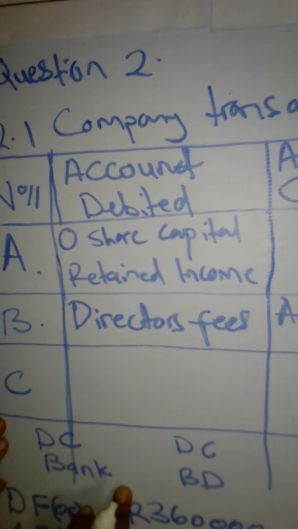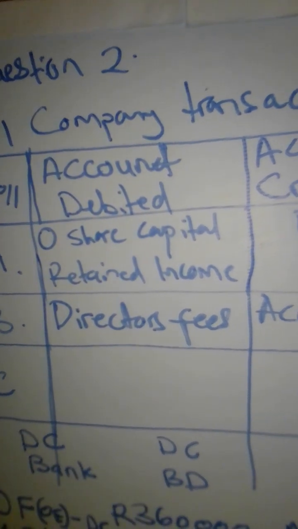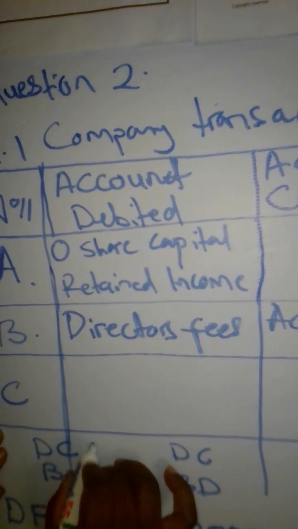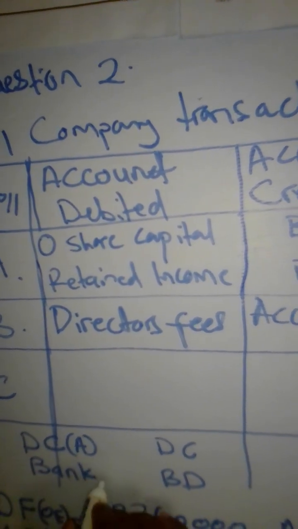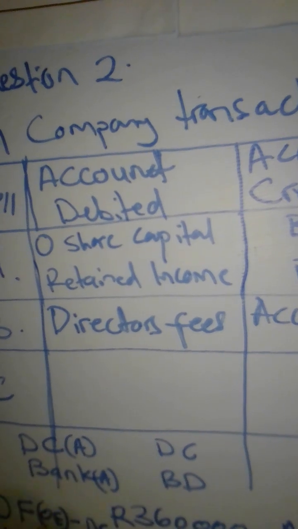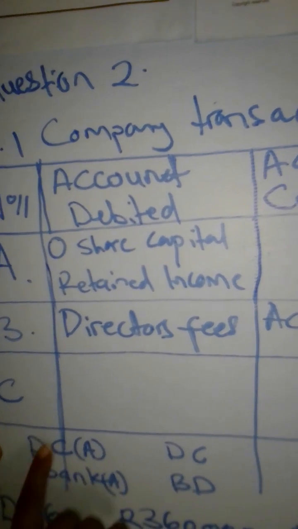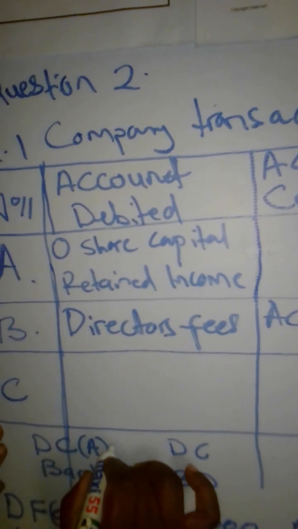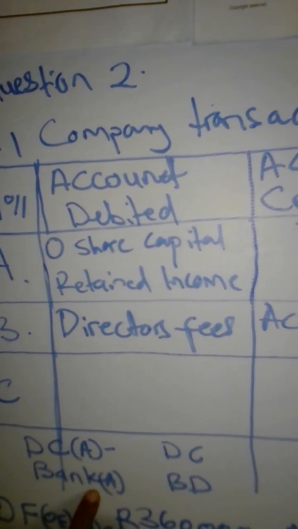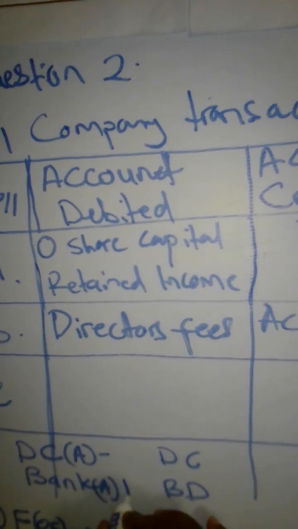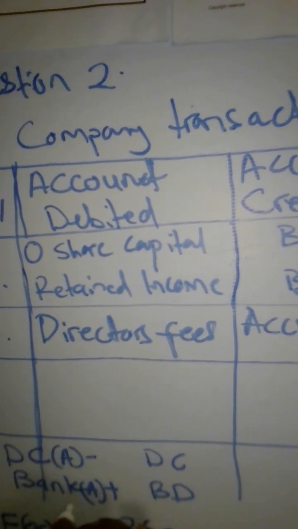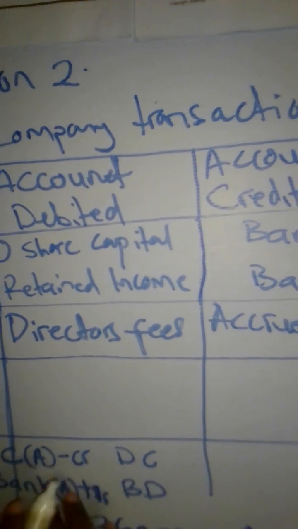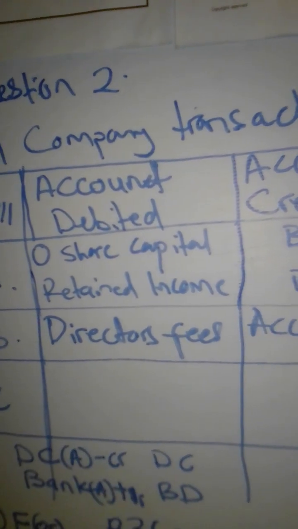Let's look at the first one, the money that was received from the debtor. A debtor is an asset. Let's go back to the accounting equation. Bank is also an asset. If a debtor pays some money, the debtors control is going to decrease. If money comes in from the debtors, bank is going to increase. So which account do we debit? Bank, and then we credit debtors control, because it is being reduced.